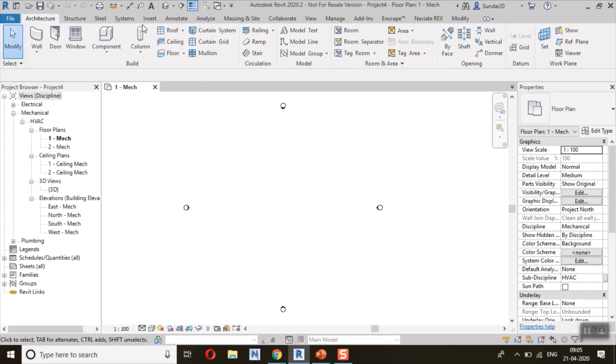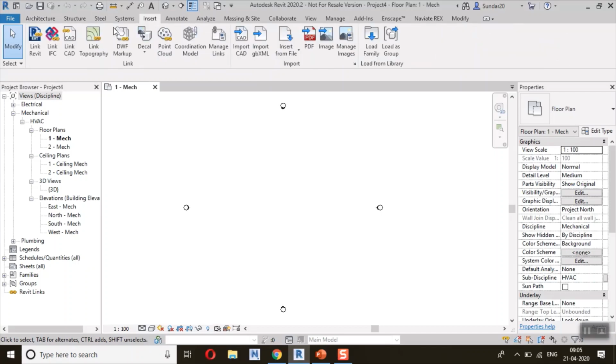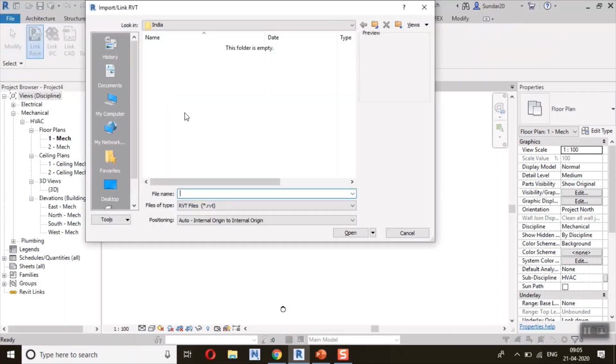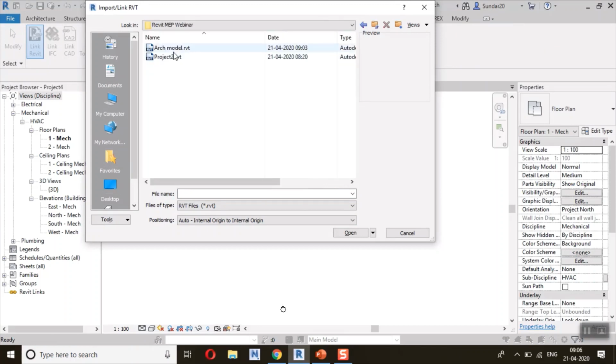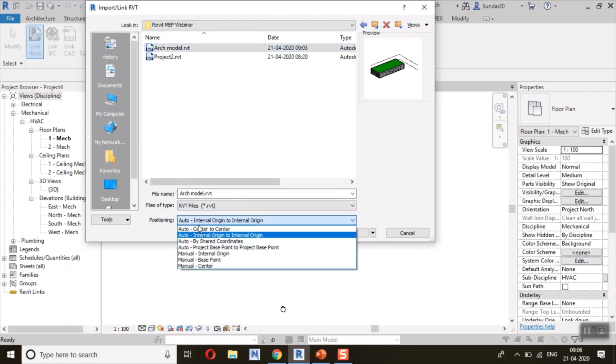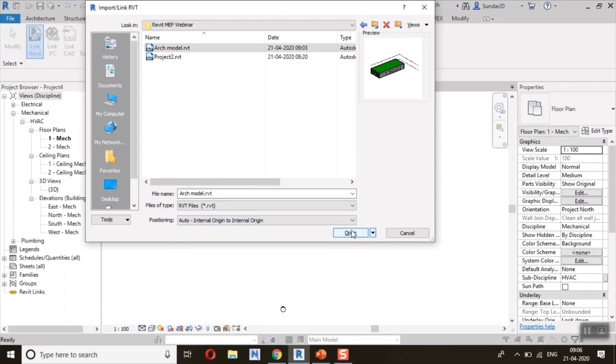Go to Insert, Link Revit, desktop. I have an architectural model, select it, and place it in position, internal origin to origin or center to center, depending upon your project requirement. Just open.